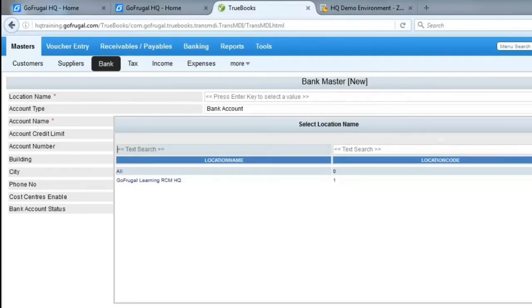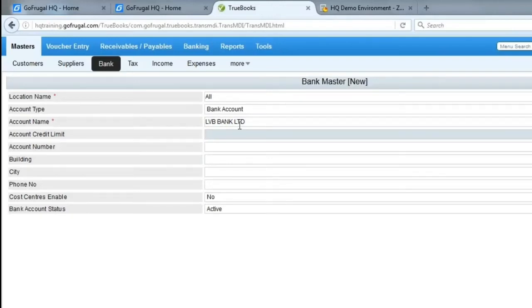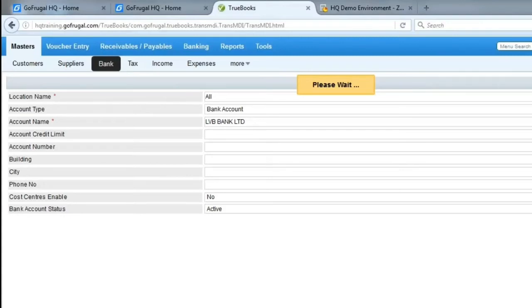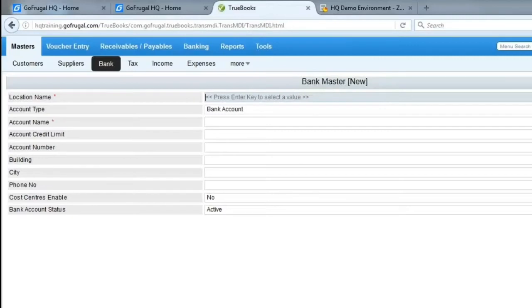If you select all locations, you can create a bank for all locations and you can save this. If you want to create only for the HQ, you have to select the HQ location and create.